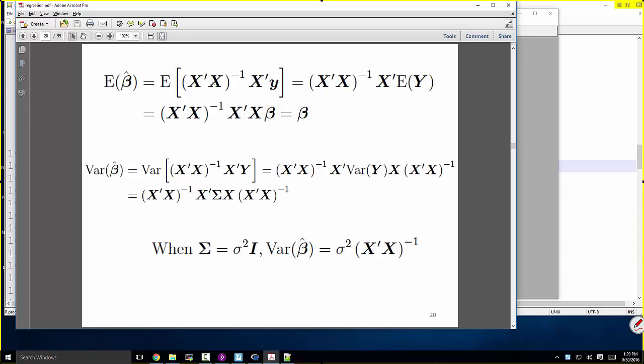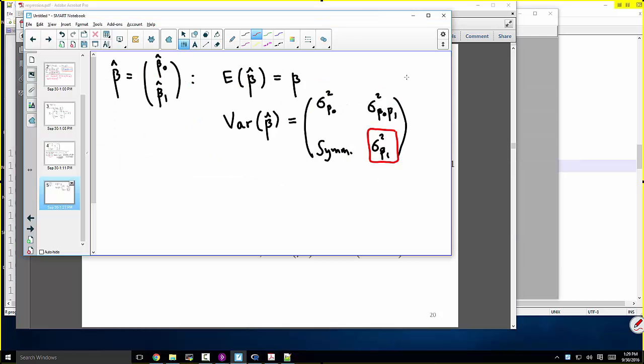All that x stuff is just constants, which means they can be pulled out of the expectation. And then the expected value of y, according to our model, if y equals x beta plus epsilon, and epsilon has mean 0, then the expected value of y is,